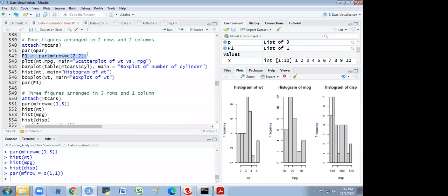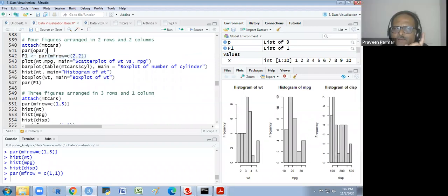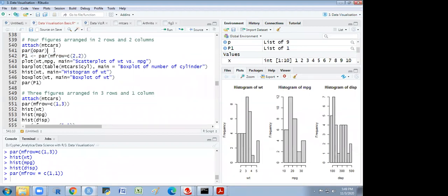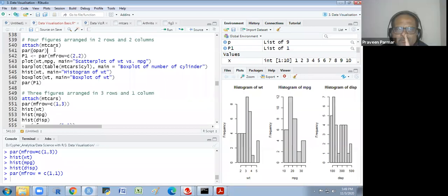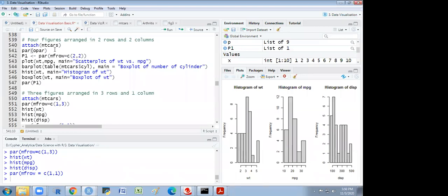Like 541. It's written par opar. No, this I have taken earlier, no opar. Yeah, yeah. You have taken that. Yes, sir. So I incorporated above. So then you again run this. What happened? Output is coming, but in that case, par opar is showing warning messages: graphical parameters cin cannot be set, cra cannot be set, din cannot be set.